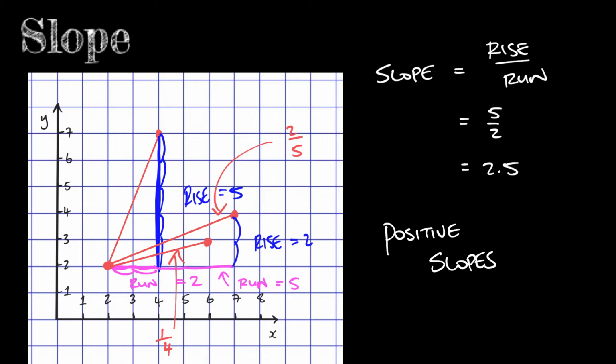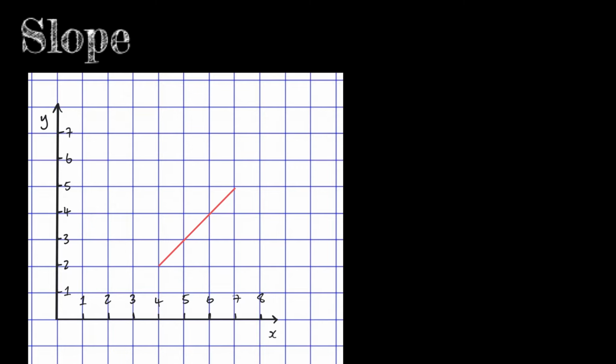Okay, so they're all positive slopes. What I'm going to look at next is negative slopes. Okay, so the reason why they're positive, and I'll just put that in the next slide. So this is a positive slope, and the reason why it's positive